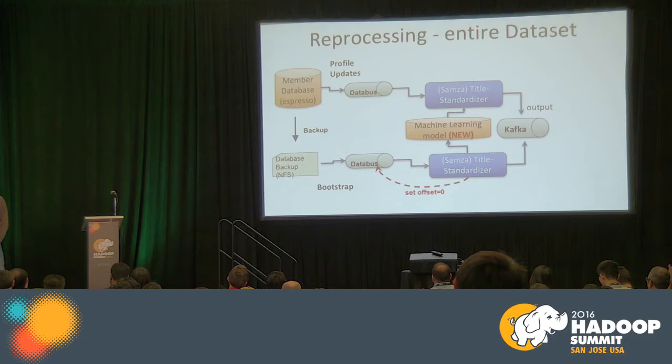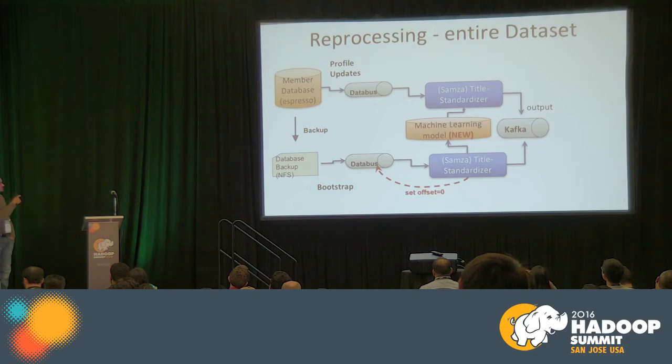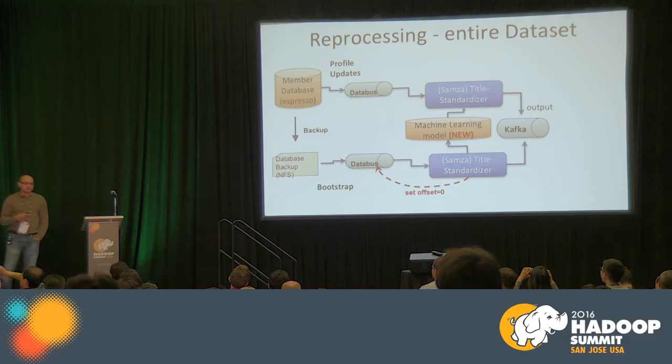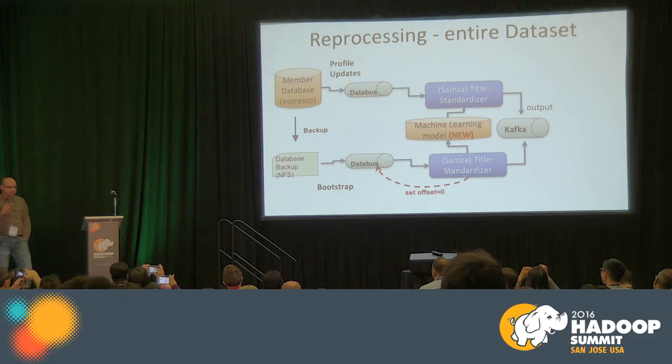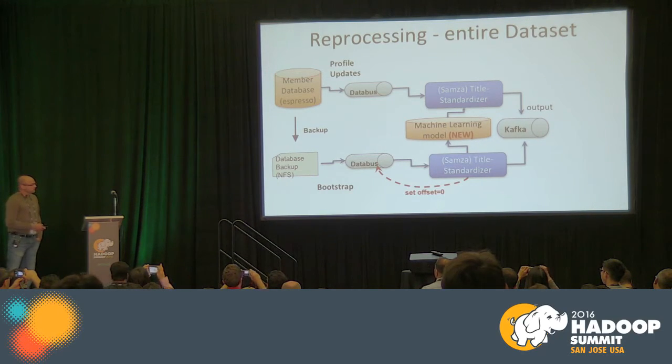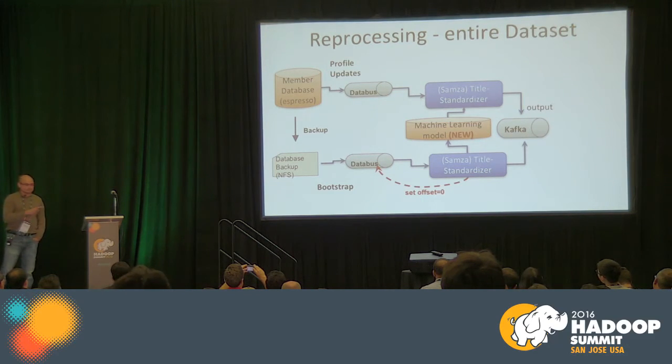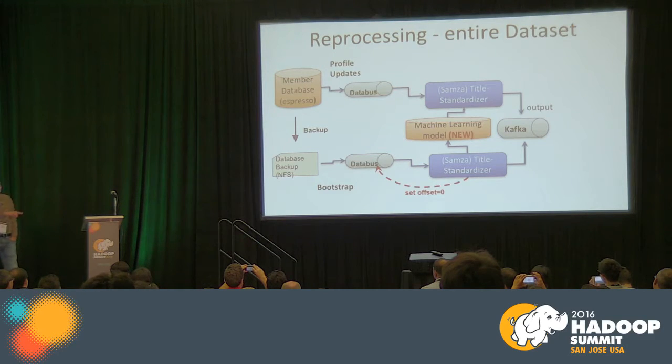Well, what we do is we run two jobs. So now we have the online job, which is basically processing the live profile updates. But we spin up a new SAMZA job, which is going to do the bootstrapping, so to speak. And they both produce results back into Kafka. And that's why, by the way, if you're wondering why we are not directly writing the results into a database, this is the reason. I wanted to illustrate that you want a common funnel where you are putting this output, because once you have two processors